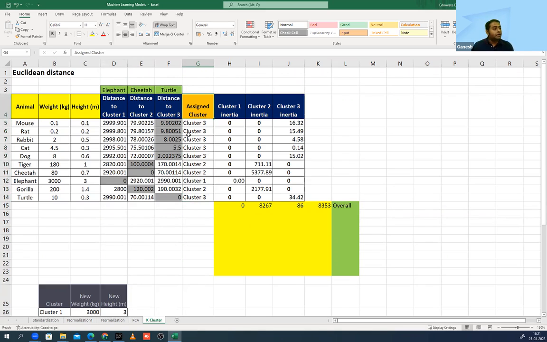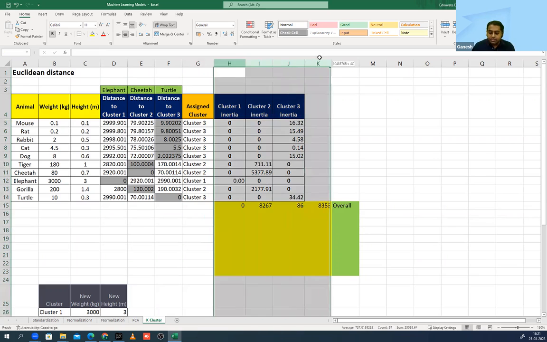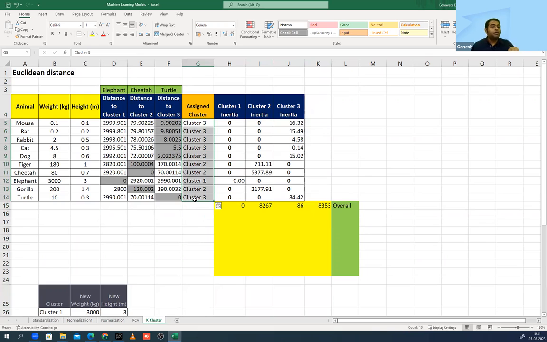Now, when they say repeat the process, it is written as recalculate and repeat. Kindly ignore this part for the time being. Once I've got the clusters, which animals are in the first cluster? Only elephant. So in the first cluster, it is only elephant. In the second cluster there are 1, 2, 3, and the third cluster has the remaining ones. If somebody asks me what the average of that cluster is, the first cluster's average will be the elephant's data, straight away.